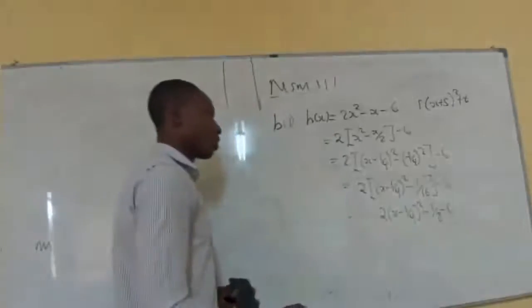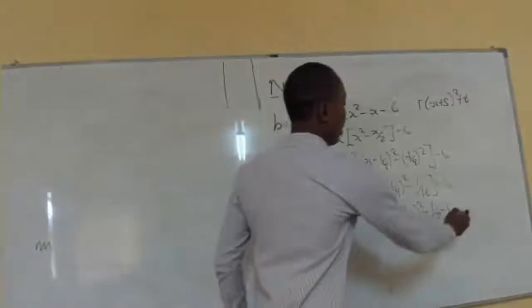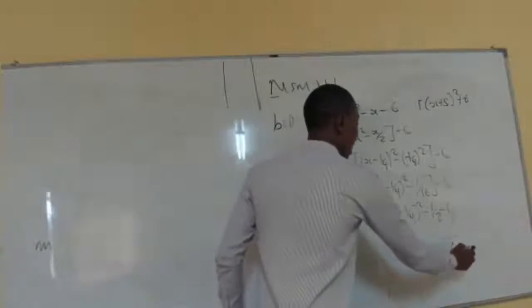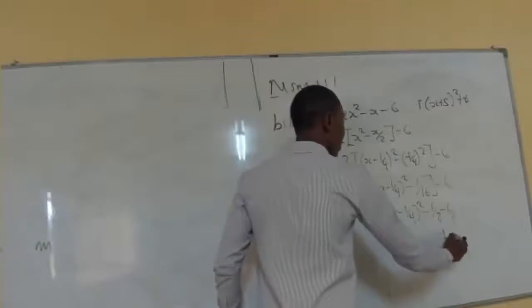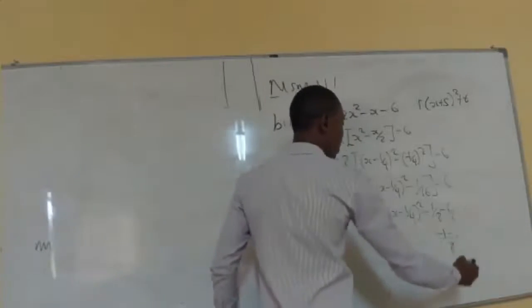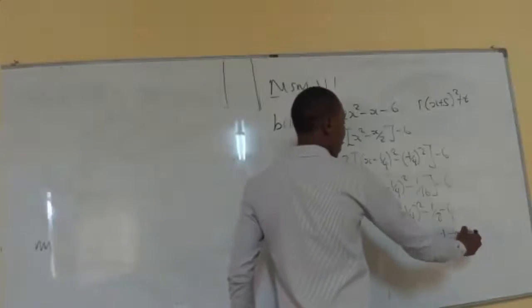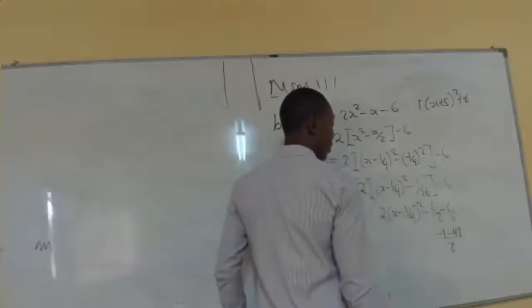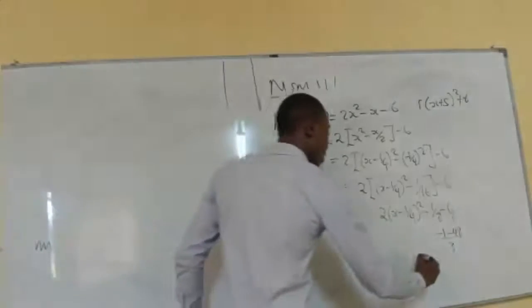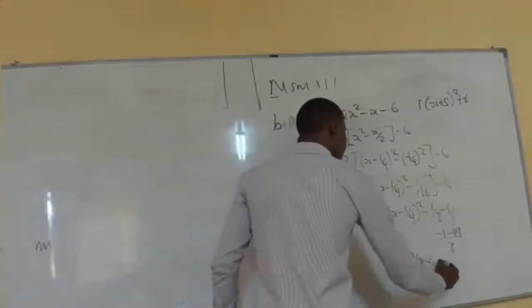Right. So making this into a single fraction, the common denominator is 8. So we have negative 1 minus 8 times 6, which is 48. Right. So we have negative 49. So we have 2(x minus 1 over 4)